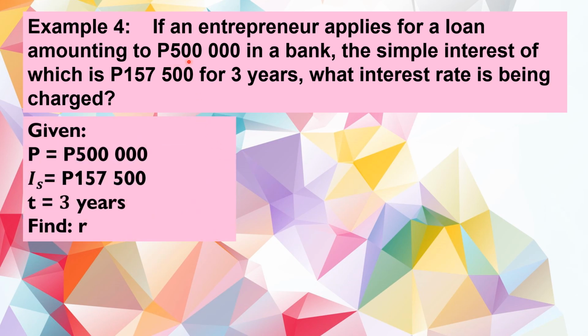We have 500,000 pesos. Since yung entrepreneur ay hihiramin niya yung 500,000 pesos sa bank, then 500,000 is a borrowed money. And borrowed money is the principal. Then we have the simple interest is 157,500. At yung 3 years, yun ang ating time. So, hanapin na natin yung R gamit yung formula ng simple interest. So, isubstitute lang natin itong ating mga given dito sa formula. So, yung IS ay papalitan natin ng